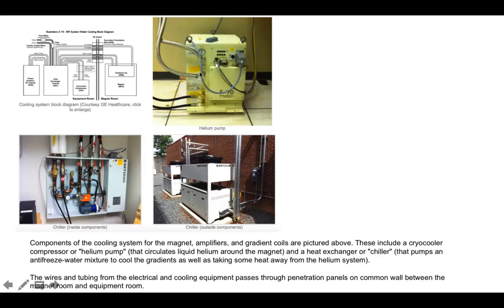The helium pump is shown here. These are basically heavily insulated hoses that take the helium back and forth. There's a heat exchanger and chiller that pumps an antifreeze water mixture that's there to cool the gradient coils as well as take some of the heat away from the helium system overall. And then